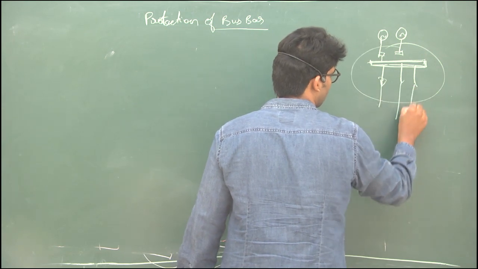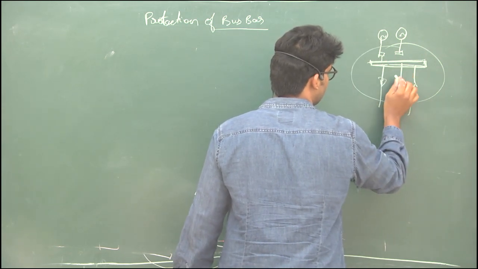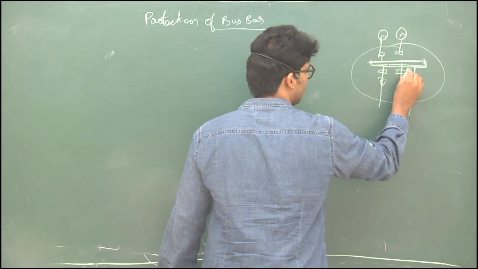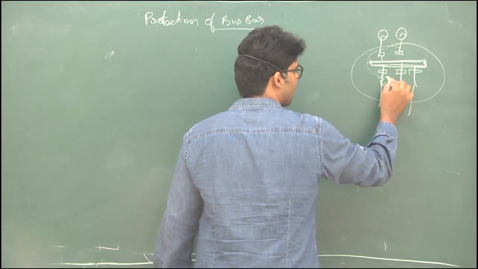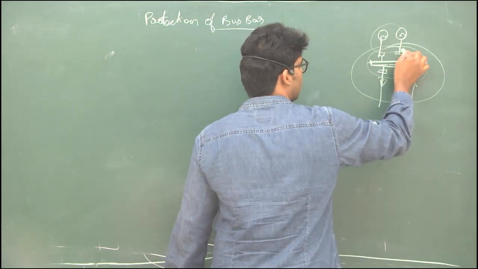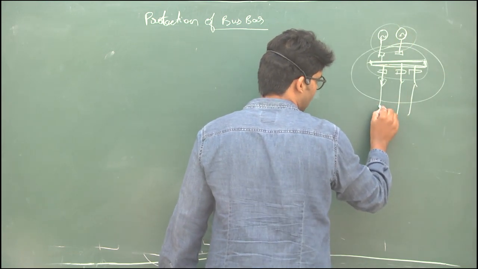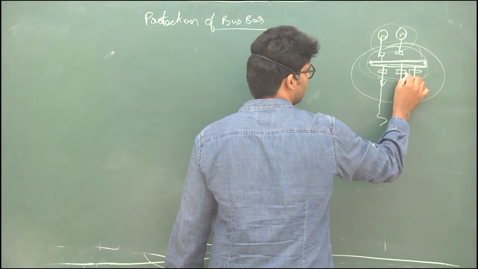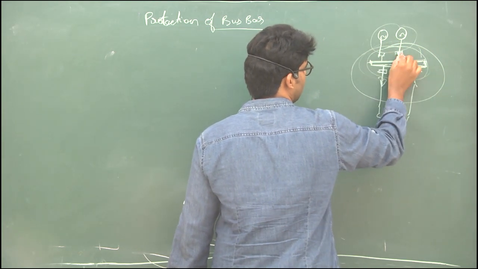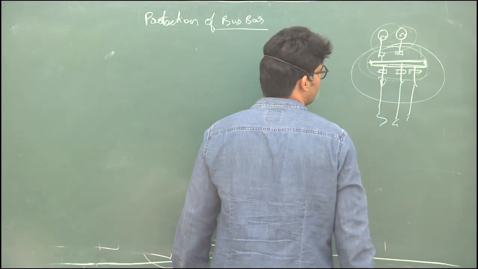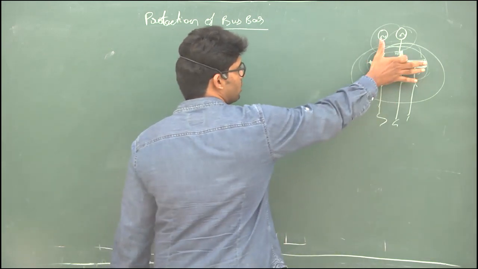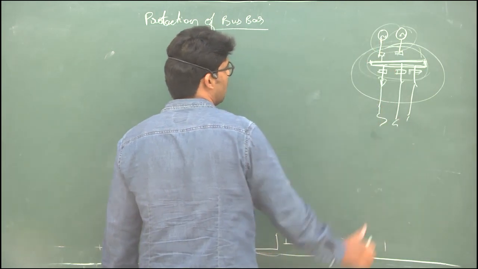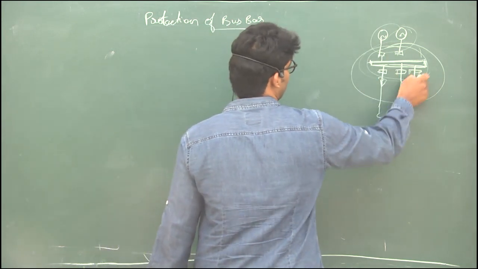In bus bar protection, you have to protect the CTs which are connected here and the alternators, and this is the outer section. So this is the section we need to protect. We have to protect the circuit breakers which are present here and the alternators. So our job is to protect this zone, and this is the external zone. Now how to protect this bus bar zone?